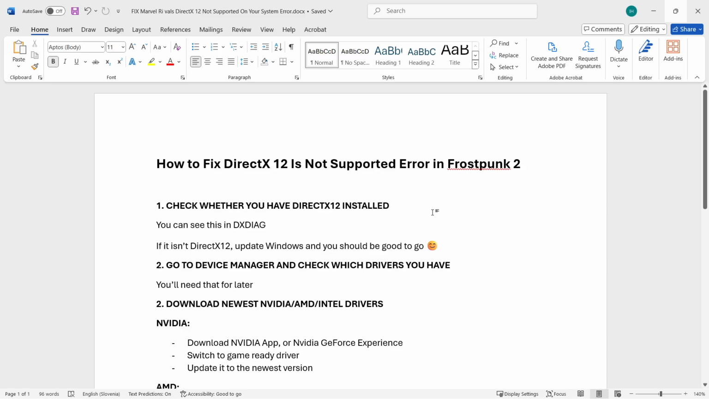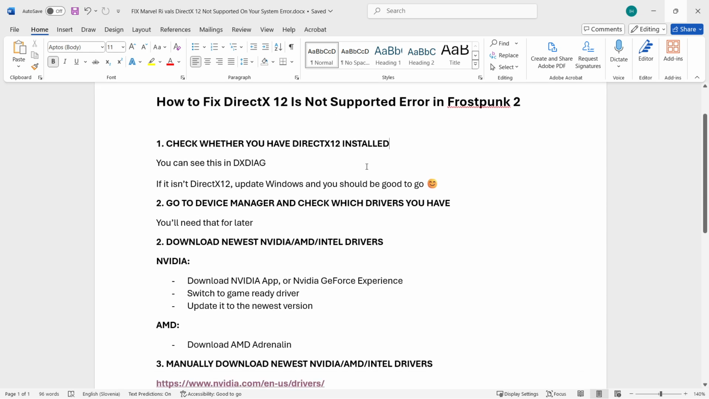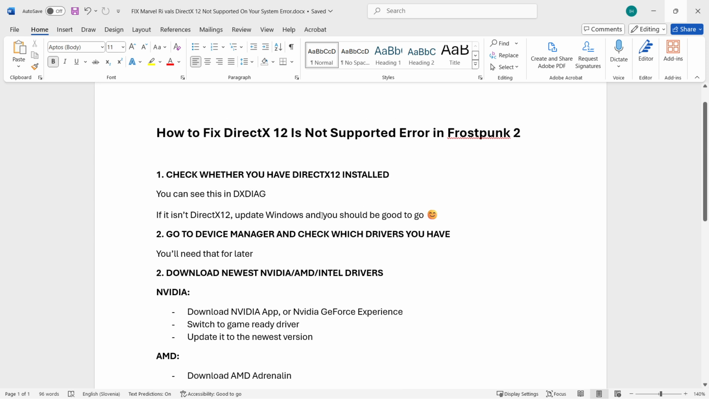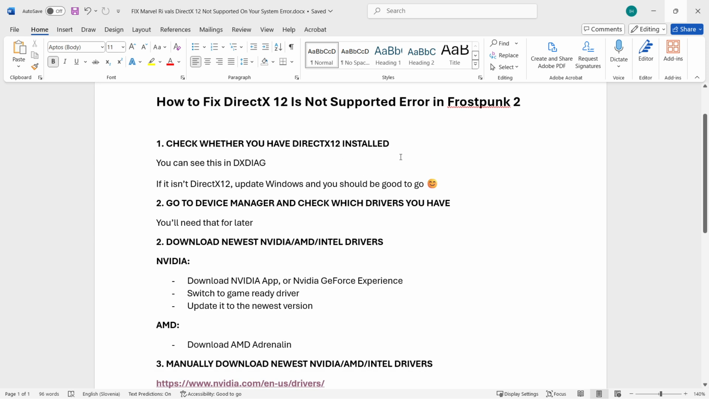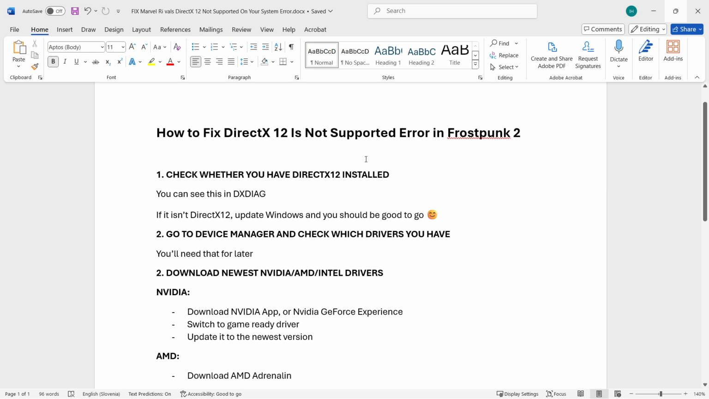In this video, I'm going to show you how to fix DirectX 12 is not supported error in Frostpunk 2. So in case you're having this issue, we're gonna fix it right now. Now, before I begin, as you can see, this is inside a Word document, but don't worry because I'm gonna show you everything on the computer as well and the practical steps to take to actually achieve the resolution of